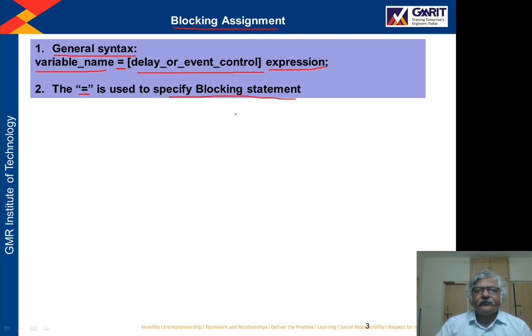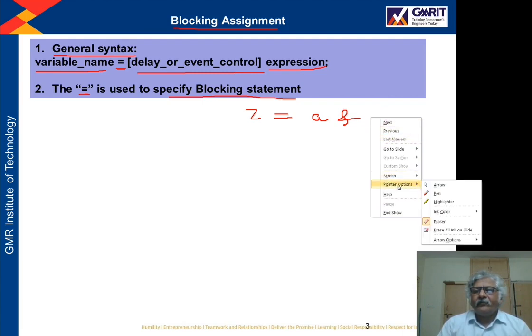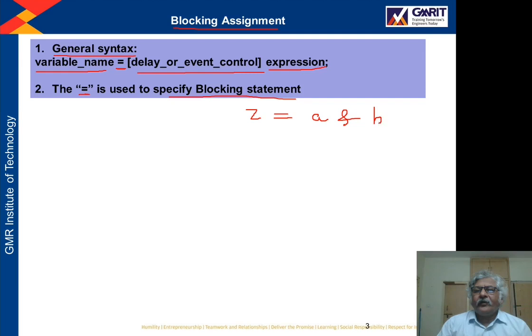For example, Z is equal to A ampersand B. So this indicates a blocking procedural statement, and you can find this statement inside an always block or inside an initial block. Here this is the right hand side expression,